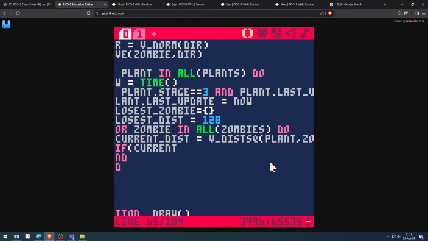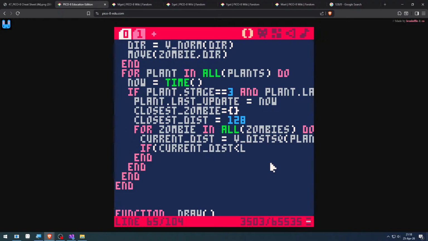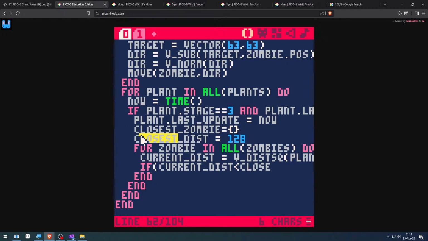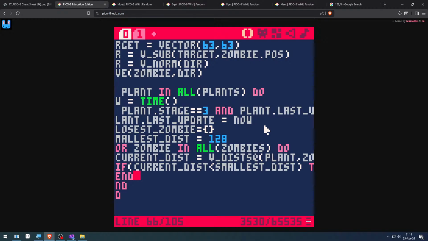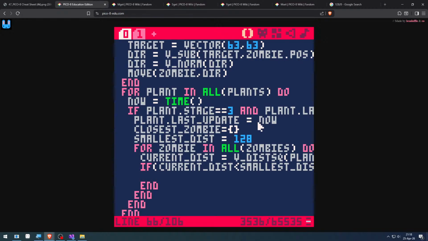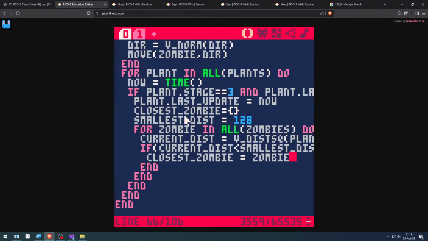If current distance is smaller than closest or smallest distance, then we want the closest zombie to be equal to our zombie. Now, after we go through all of the zombies, we want